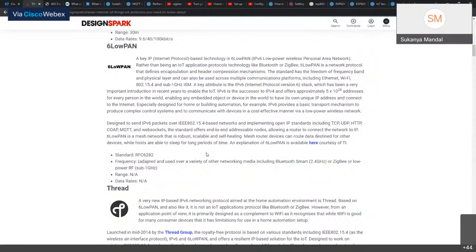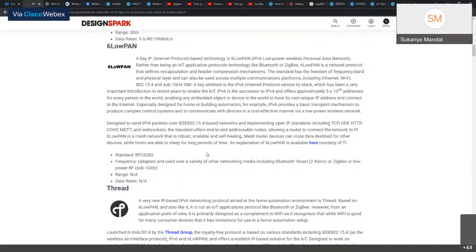So 6-low-PAN is basically a key internet protocol, IP, so internet protocol based technology, and it basically stands for IPv6, a low power wireless personal area network. So rather than being an IoT application protocol technology, just much like Bluetooth or Zigbee, 6-low-PAN is basically a network protocol at the network level that defines the encapsulations and header compression mechanisms.